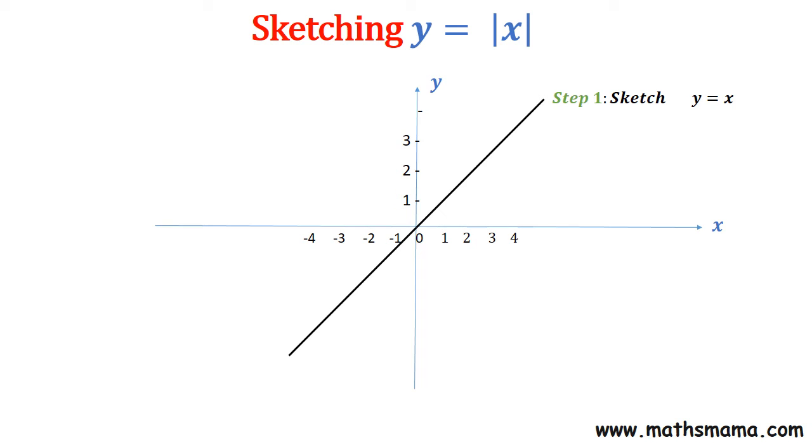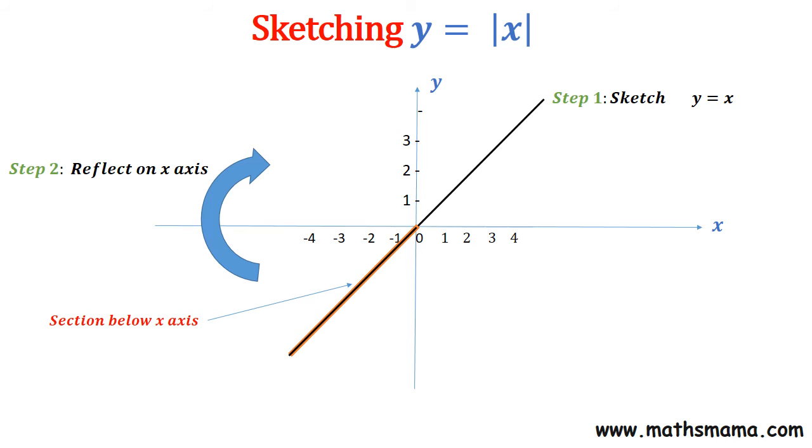And then in the next step you have to identify the section of the straight line which is below the x-axis. So here we go. This is the section. I have colored it. This is our section which is below the x-axis, and thereafter according to step 2 we have to reflect this section on the x-axis, right? So reflect means you have to take the mirror image, assume that the x-axis is the mirror, and then you have to draw the mirror image of the section which is below the x-axis, right? This is my mirror image, right?